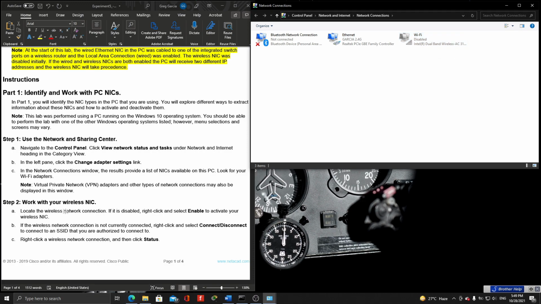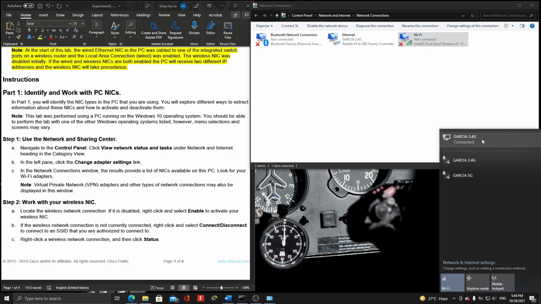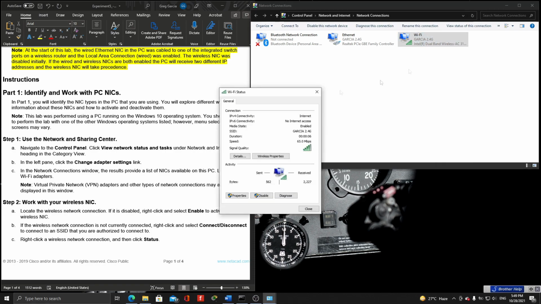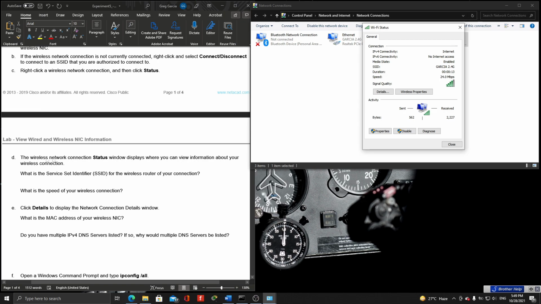Step 2, work with your wireless NIC. Locate the wireless network connection here. Let's click Enable. Then click Connect. Let's connect to 2.4G. Then click Status. The wireless network connection status window displays, where you can view information about your wireless